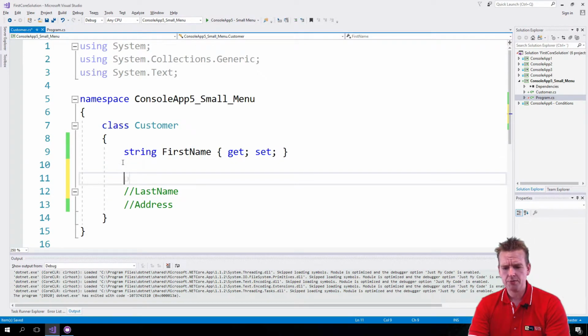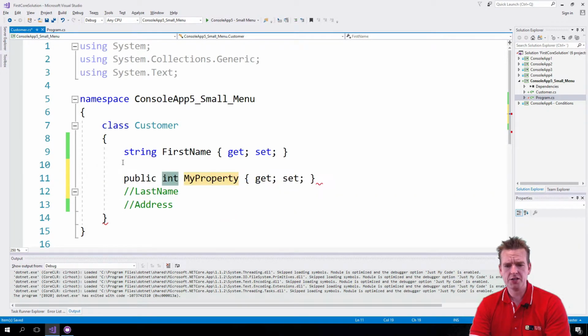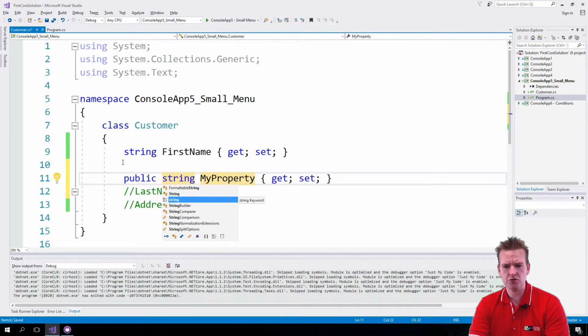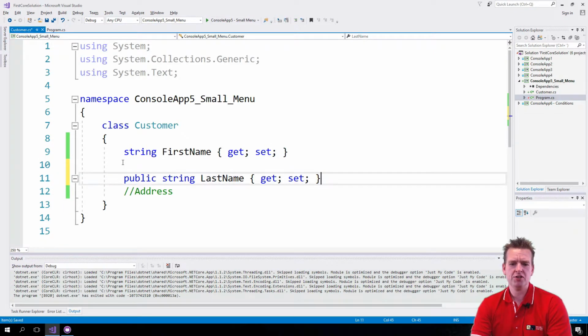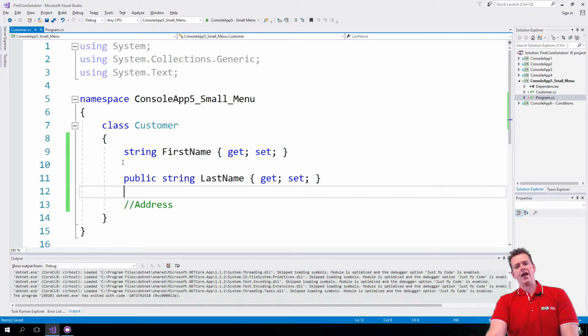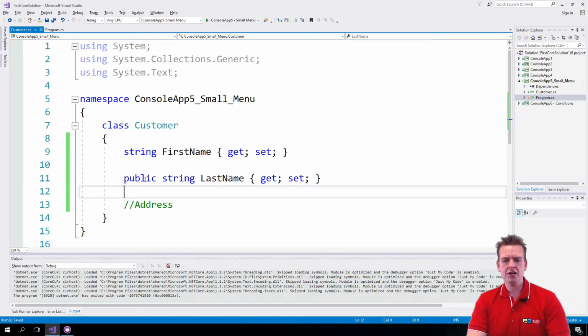Let's try and make another property, but in a different way. I'll write prop as property. I'll double tap, and it actually asks me how I want to build this, and I'm going to put in string again, like this, and I'm going to put in the last name like this. Notice it pretty much just helped me complete the code, and there's one very important thing here, which is the